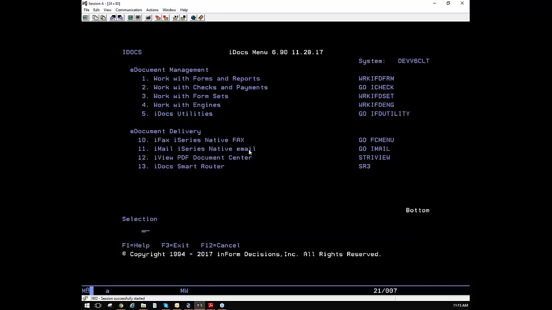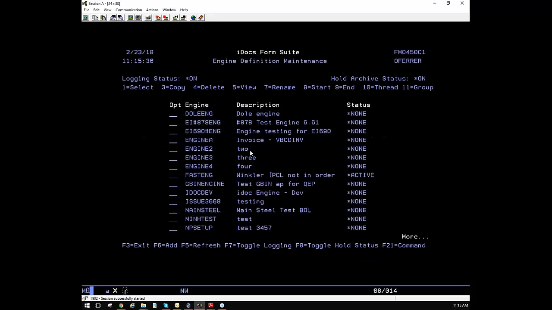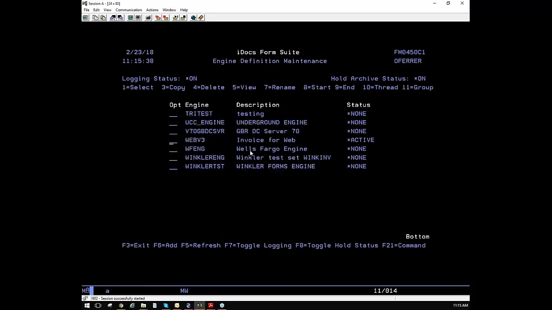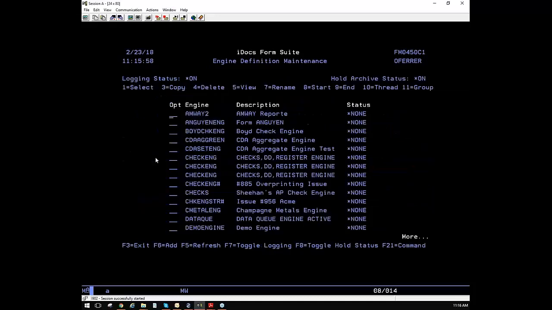This is live. There's my engine. I'm going to look at it. So I'm actually going to send the original spoof file to the in-out queue under my library. It's going to process through, and star form member tells it, I'm not going to tell you where to go. The form application is going to tell you where to go. And the form application is going to do the 2 sequences